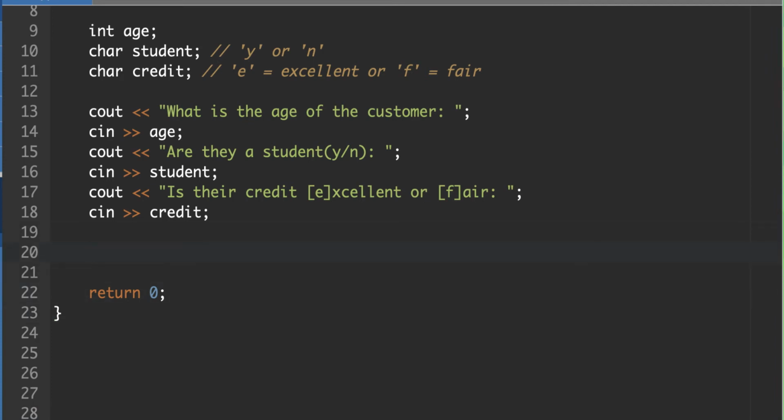In a decision tree, we start with the decision that is the root of the decision tree, and then we pass it on to different branches, and eventually we come to a decision. So our primary decision is going to be based on their age. If their age is less than or equal to 30, we are going to make a certain set of decisions. Else, if their age is larger than or equal to 31,